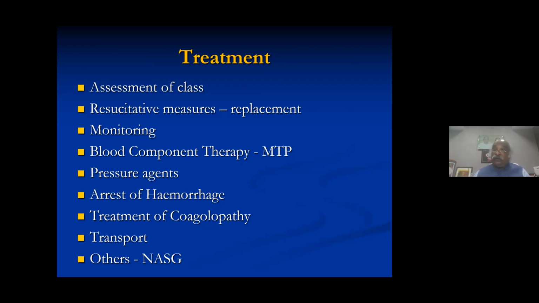And I have a lot of personal experience with this non-pneumatic anti-shock garment in the labor room. At that time, I distributed it free to many of the medical colleges where they experimented, and they have foolproof evidence. I have seen personally that when the pulse is not palpable, when the IV drip cannot be given, you give an anti-shock garment and immediately you find the pulse. The rearrangement of blood circulation occurs from the less vital to the more vital organs like your brain and heart, so that life can be saved.